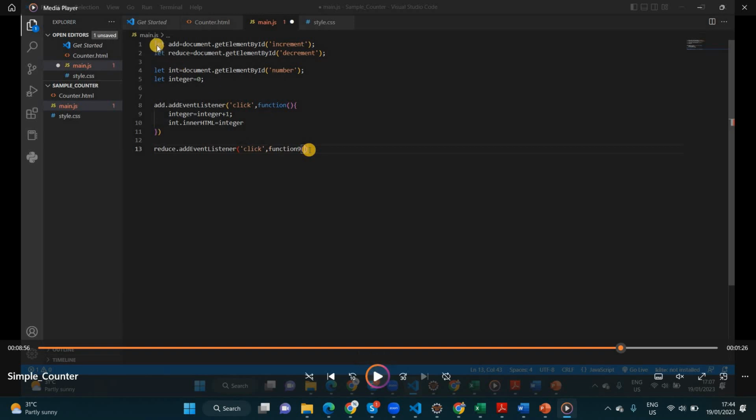And here I just create the variable for the button, add button, reduce button. That's why I have chosen the let, because I'm going to take that variable. I name the variable as add. Under this document, get element by ID. The ID I just copy and paste from the HTML page, because